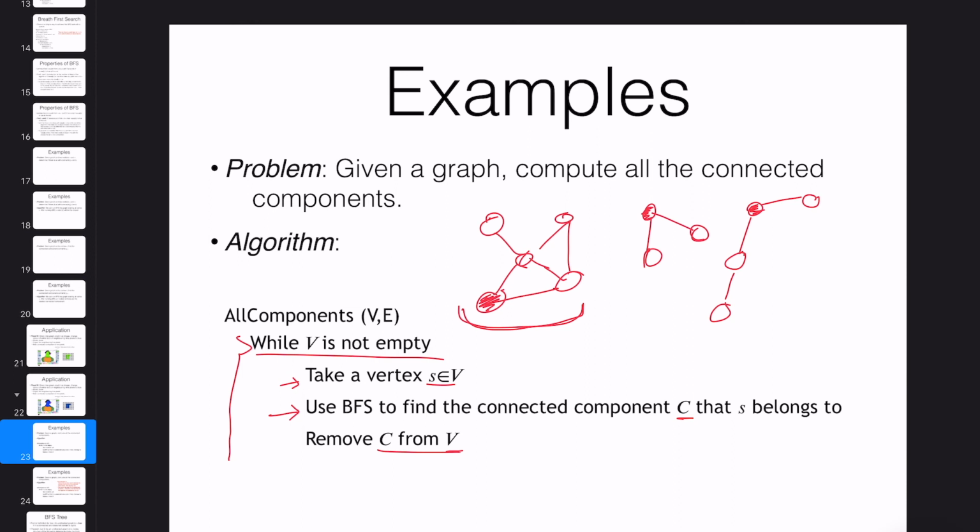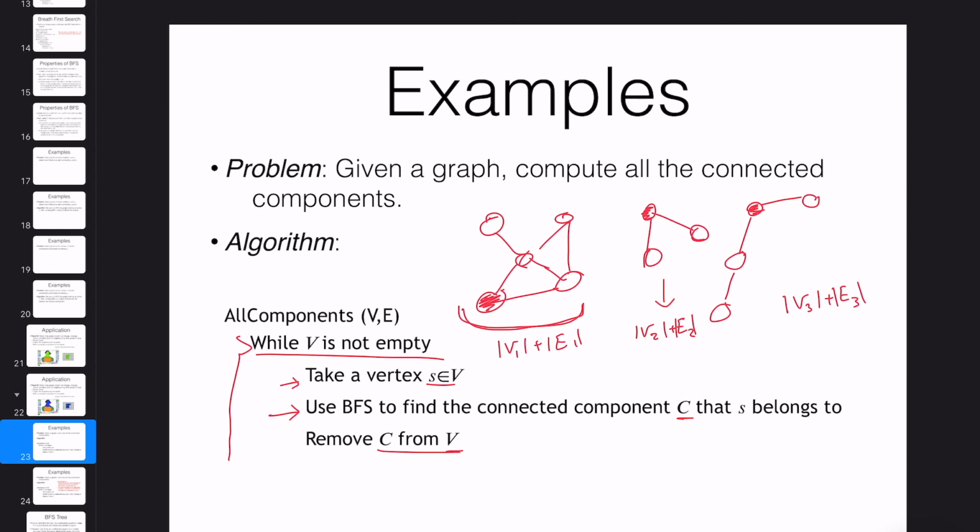So let's show it as V1, which is a subset of V, that is all the nodes here, plus E1. The time complexity of running the BFS here is going to depend on the number of nodes that you visit here and the number of edges that you visit here. So V2 plus E2, and here V3 plus E3,